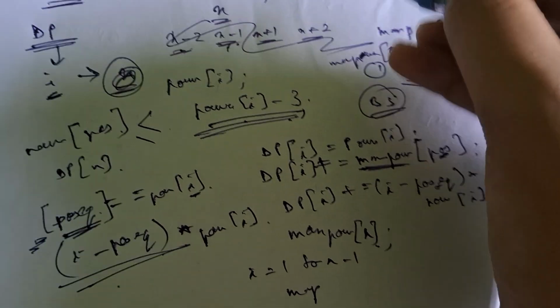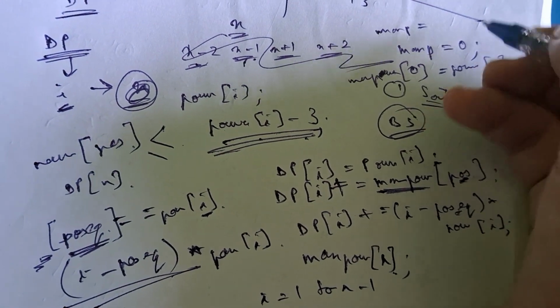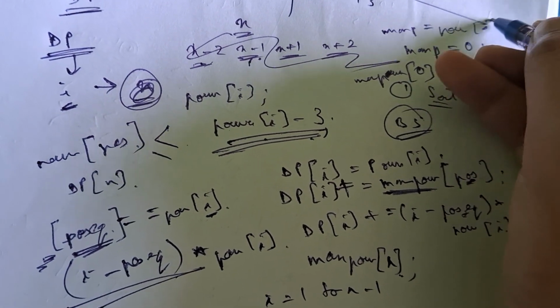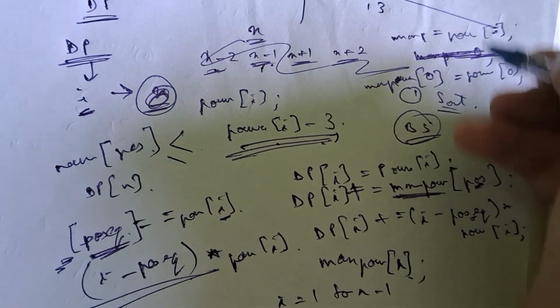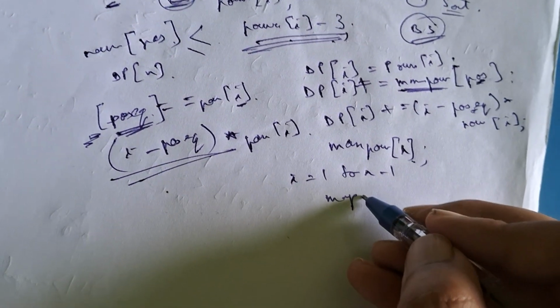Okay, sorry. So max p and max pos, max p will be equal to power of 0. So both of them will be 0, power of 0. Okay, and for everything what you have to do is